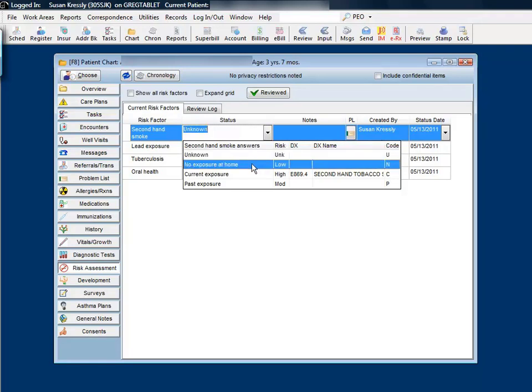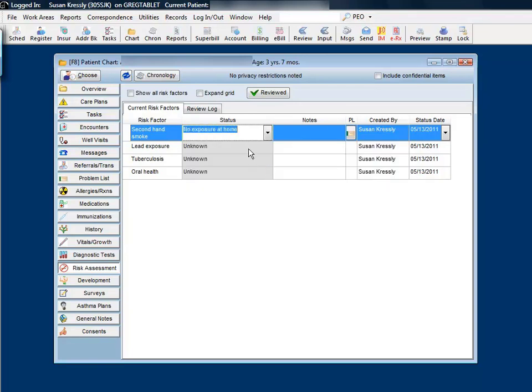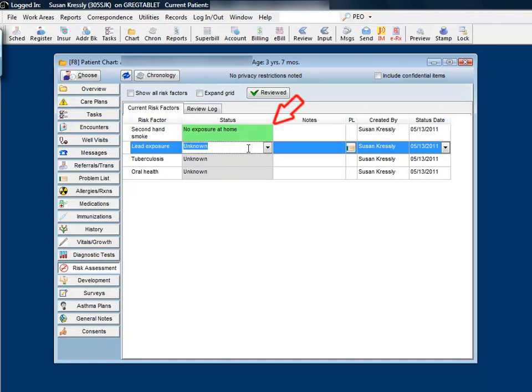So if we say, for example, that there is no exposure to smoke at home, that is considered to represent a low degree of risk. And as such, when we click away from the field, note that it turns green to indicate that relatively low exposure. There is also a place to make a note,